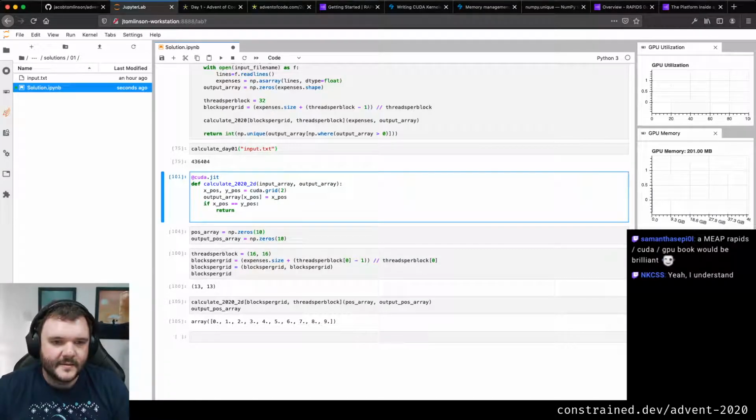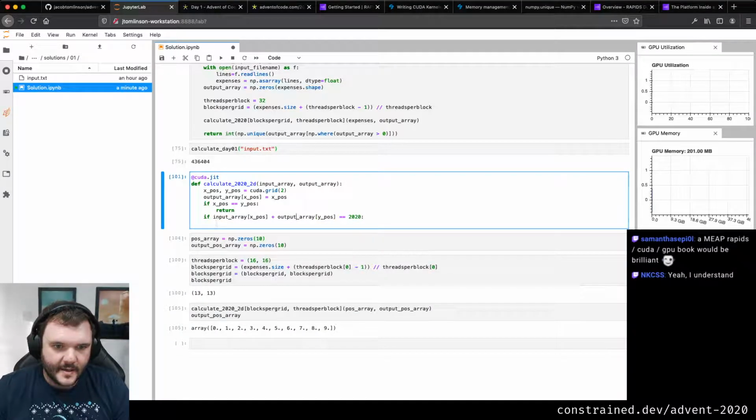And then if input array X position plus output array Y position equals 2020, output array X position, I think that makes sense.